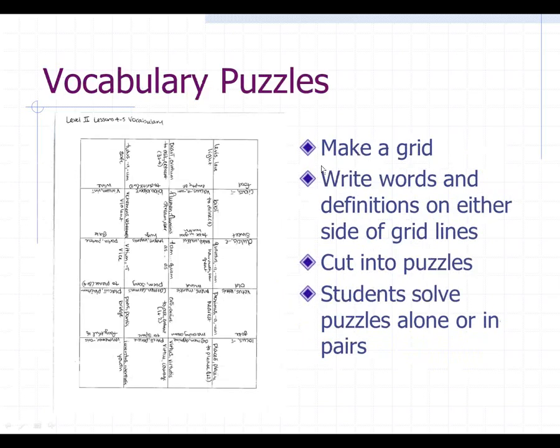Okay, this is probably the worst of the images, and I apologize for that. I had trouble figuring out how to take a picture of this idea. So for vocabulary puzzles, using a blank grid, you write on each facing edge of the grid a Latin word on one side and its meaning on the other side. And then you cut the grid into pieces along the lines, separating each Latin word from its English meaning. And then the students must work in teams to put the puzzle back together.